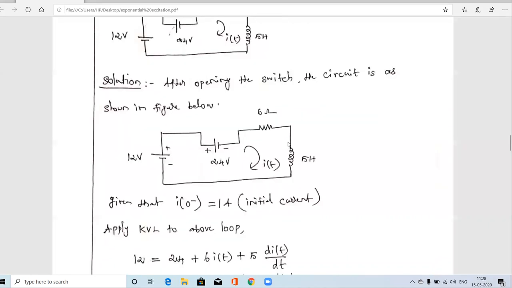So what is the next step? We have to write the KVL equation. So what is the KVL equation for this one? What is KVL? The algebraic sum of